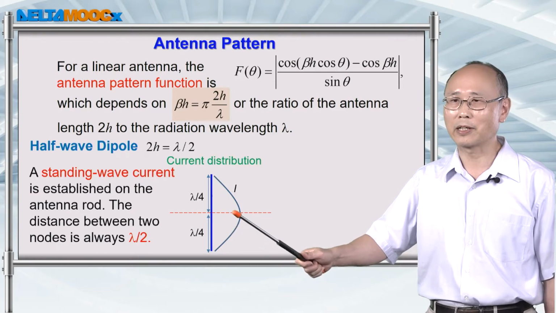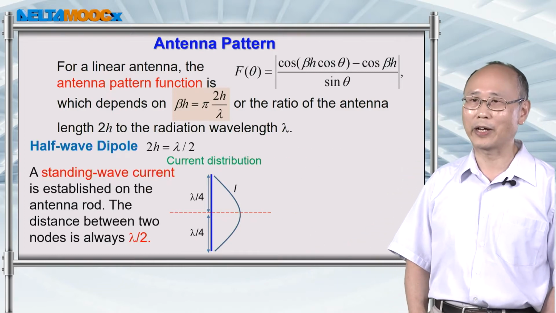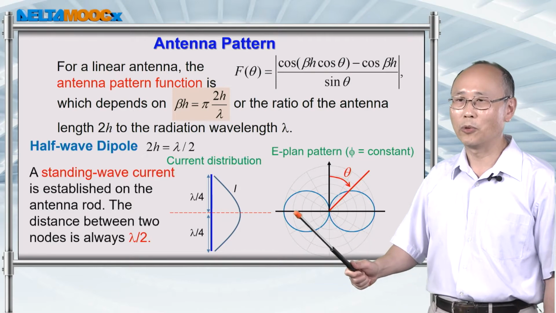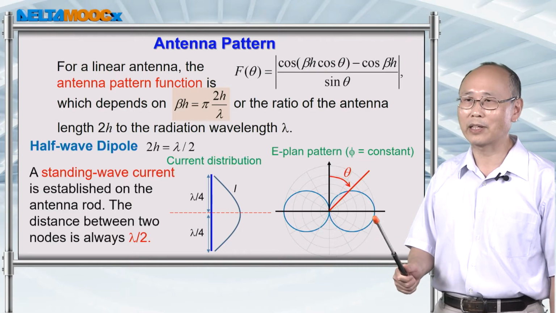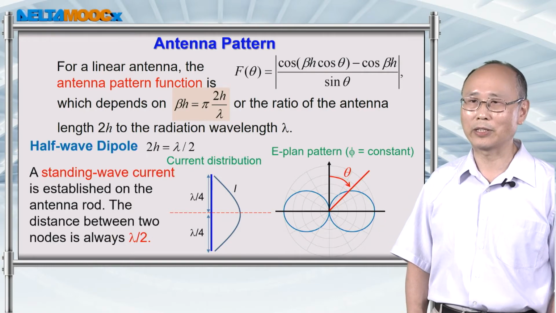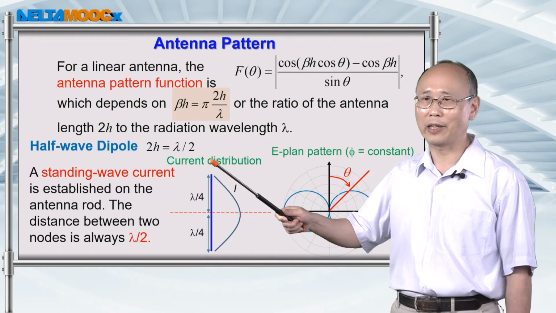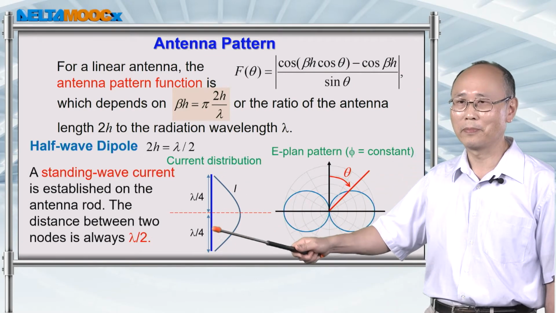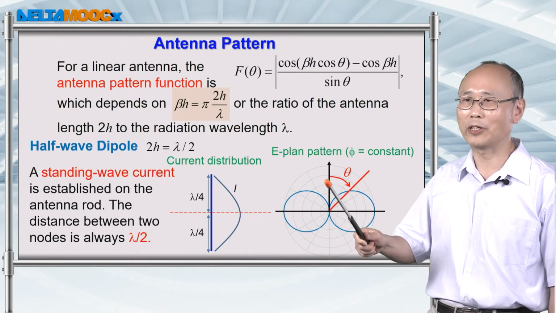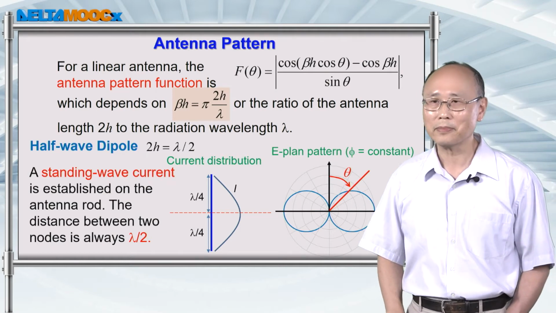So this means that along the theta equal to 90-degree direction, you're going to have constructive interference. So no wonder you see the highest intensity radiation along this theta equal to 90-degree direction. But similar to the Hertzian dipole antenna, if you have the current oscillating along this direction, then you don't have radiation along this theta equal to 90-degree direction.